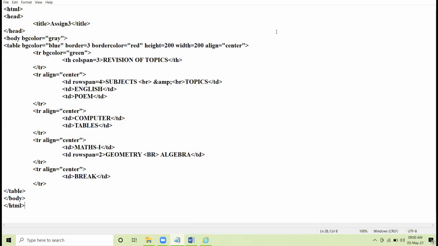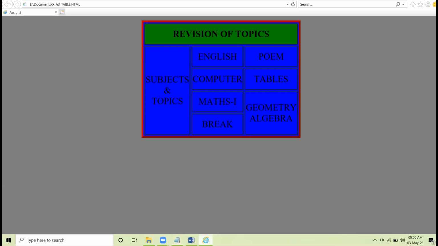Any doubt, you can raise your hand. I will unmute you. I again show the browser view. See carefully. Clear? 10th class. Am I clear to all? 10th A.